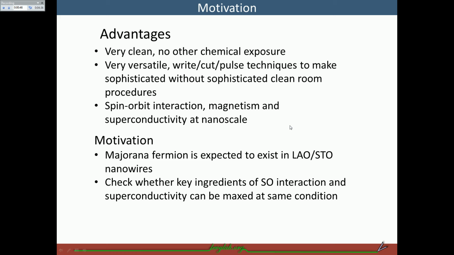So this nanowire was predicted to host Majorana fermions, since it has all the ingredients. And our motivation here is to check whether all the ingredients are maximized at the same condition, so we can really see Majorana fermions. But before that, we want to study